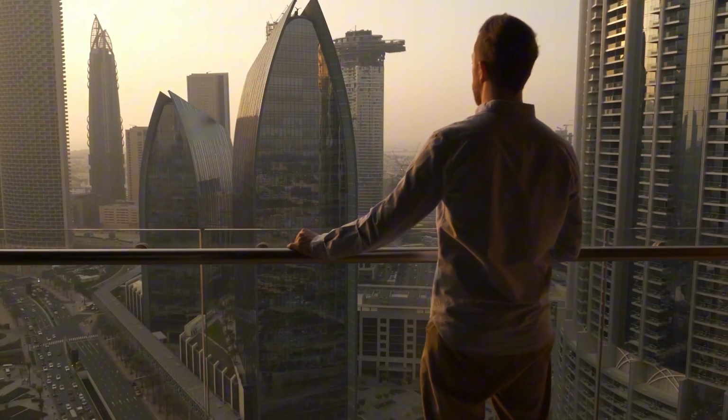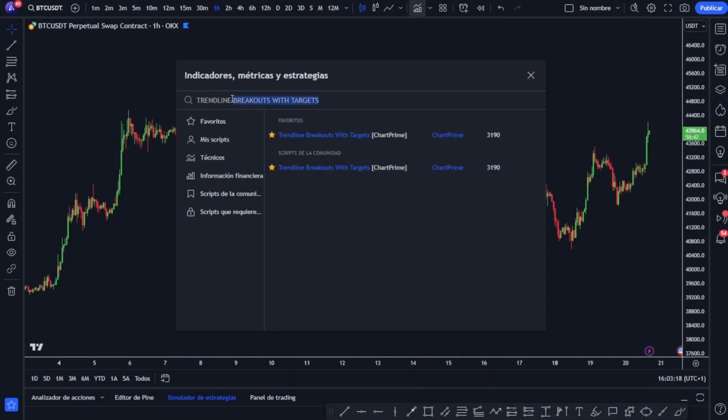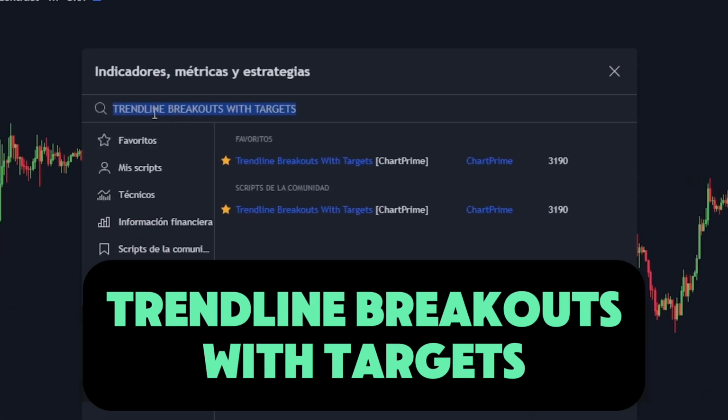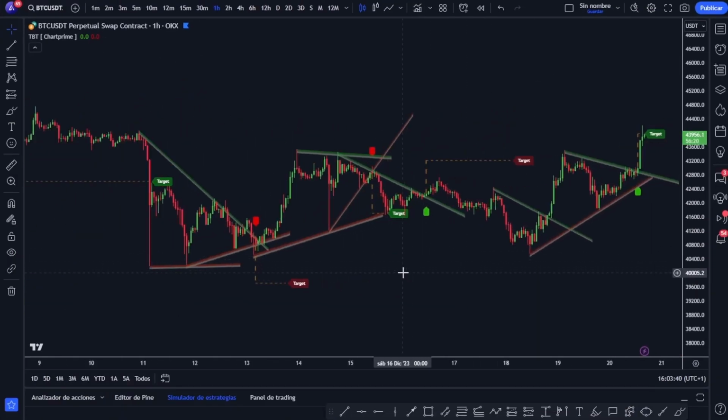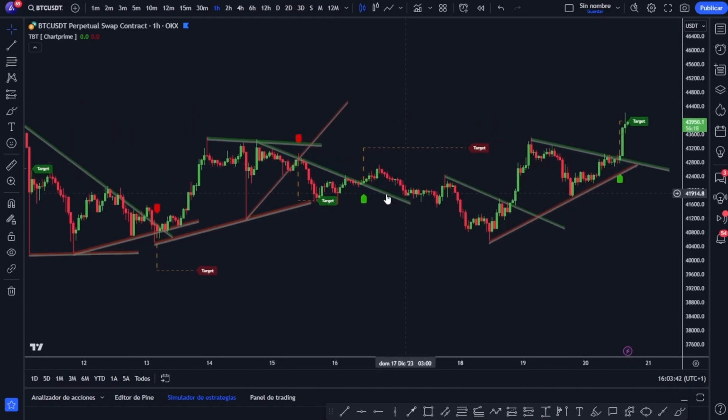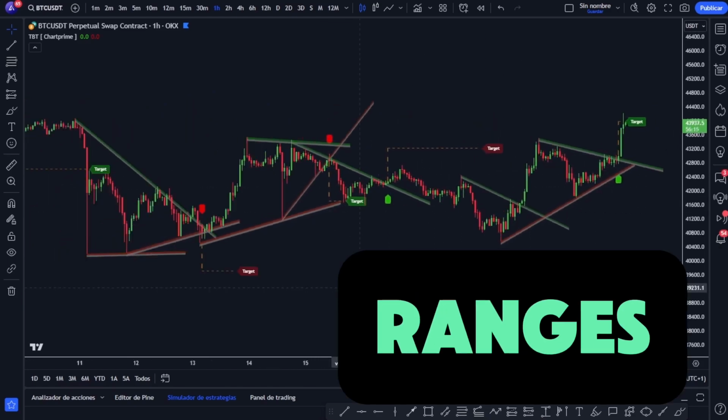Welcome to Trader's Game. The first thing we're going to do is go to the indicator section and search for the trendline breakout with targets by Chart Prime. Clicking on it will show us something like this. Basically, it's an indicator that automatically detects all breakouts of both trend lines or zones and possible ranges that are